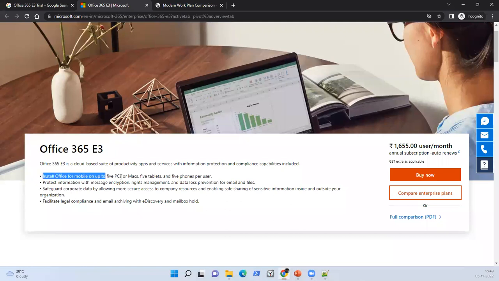Now here, we will be able to install it on 15 devices. And we have the best message encryption available and the rights management. All these things we'll be talking about when it comes to the security and compliance topic. And Microsoft is giving you